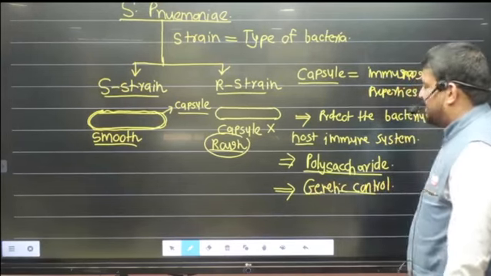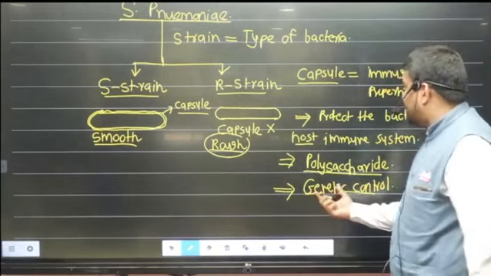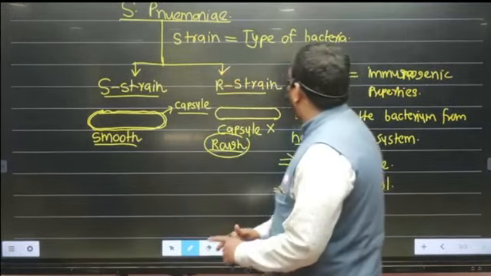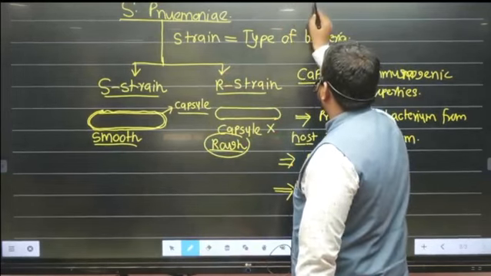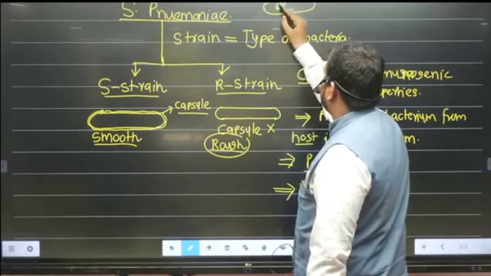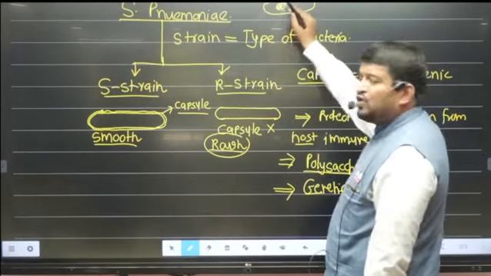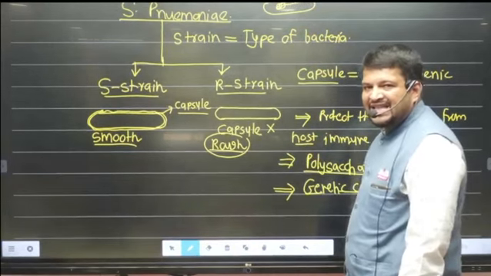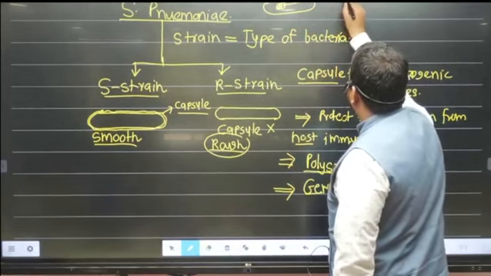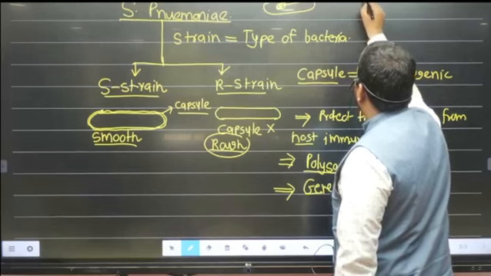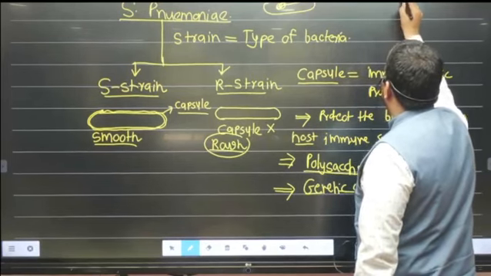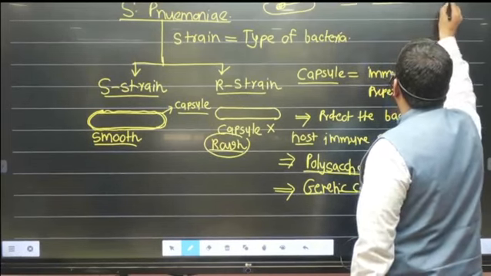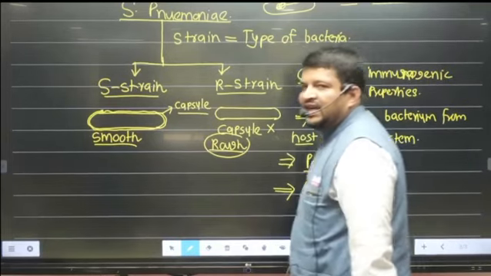We elaborate this statement, that the formation of the capsule is under genetic control. How exactly is the capsule formed under genetic control? For example, here the S strain is there, and this is the genome of the S strain. The genome shows the presence of specialized genes known as the capsule encoding genes,